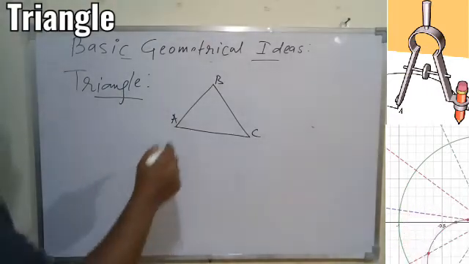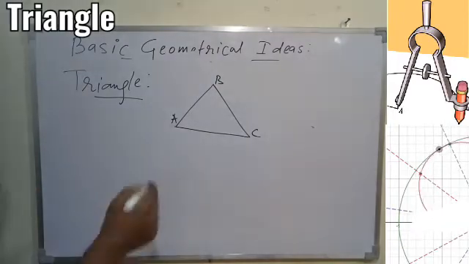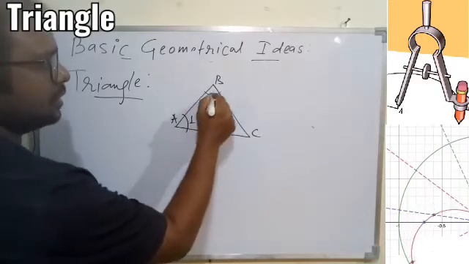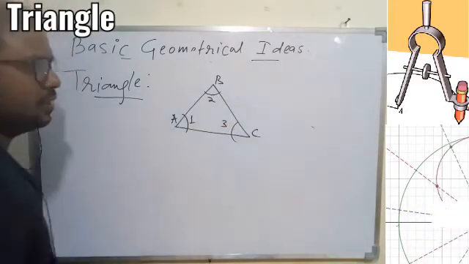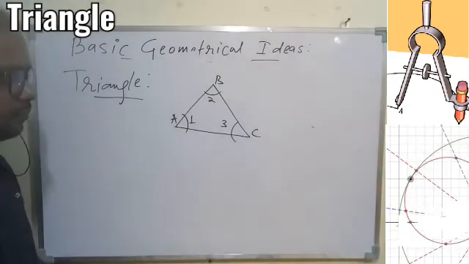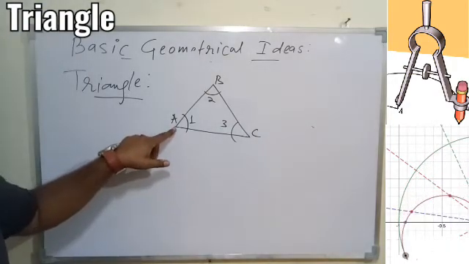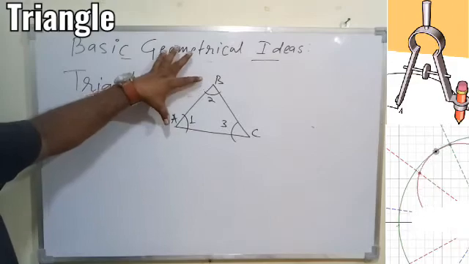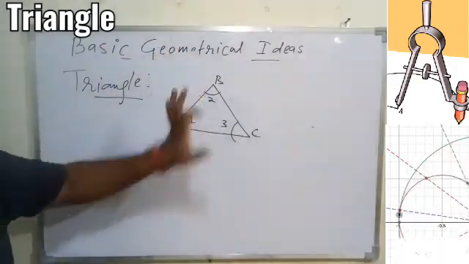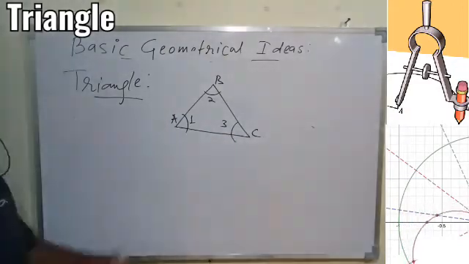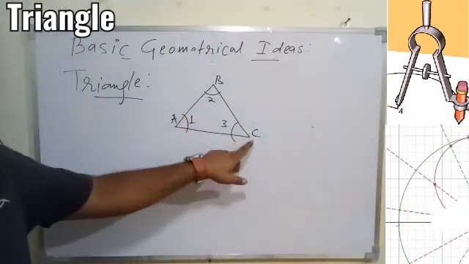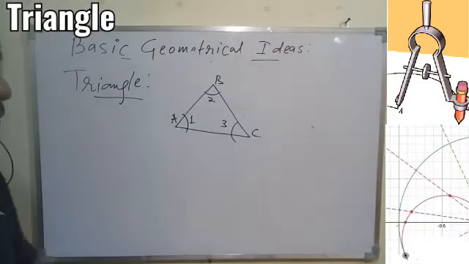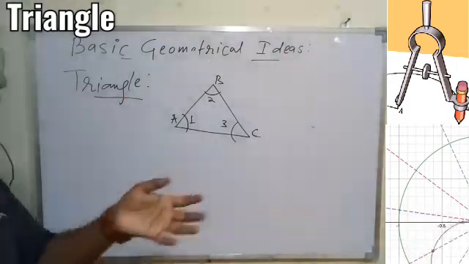Now if you see the triangle, how many angles can you see? Very first, one angle is here, let it be angle 1. You see another angle here and a third angle here. So overall how many angles do you see? Three. A is the common point for AB and AC, so at A one angle is formed. At B also, AB and BC have the common point B, so we get a second angle. And the third one is BC and CA, which have common point C. So overall we get 3 different angles in a triangle, and that is another way of defining a triangle.